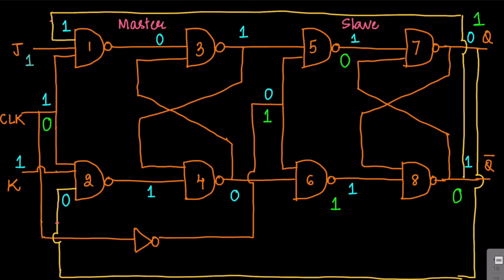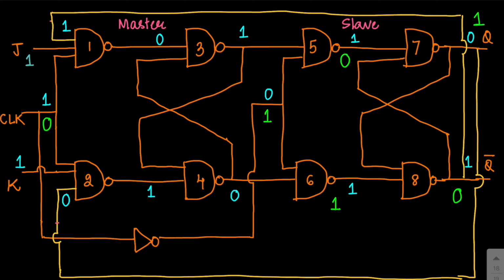Keeping this in mind, let's come to the structure again. Let us assume that right now the clock is high. So you just look at the blue entries. When the clock is high, the clock input for the master is 1, but on the slave side, the clock input is 0. So if we focus on the slave side, because the clock input is 0, the inputs to gates 5 and 6 are 0 each, and hence their outputs get fixed to 1, 1. The outputs being 1, 1 drive the NAND based latch into the condition wherein it holds the previous state.